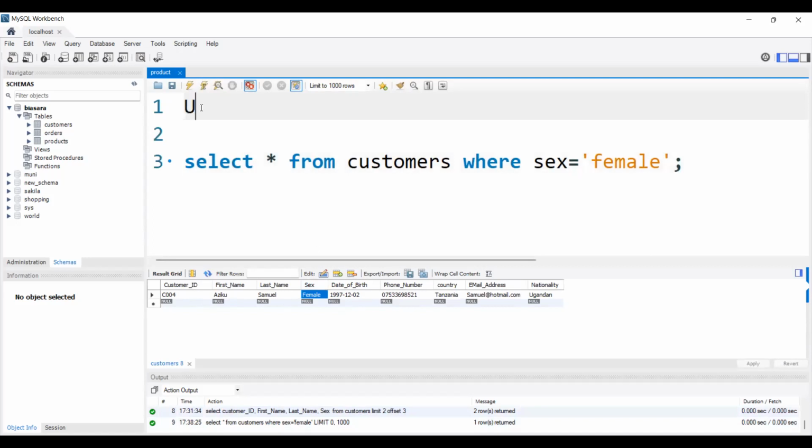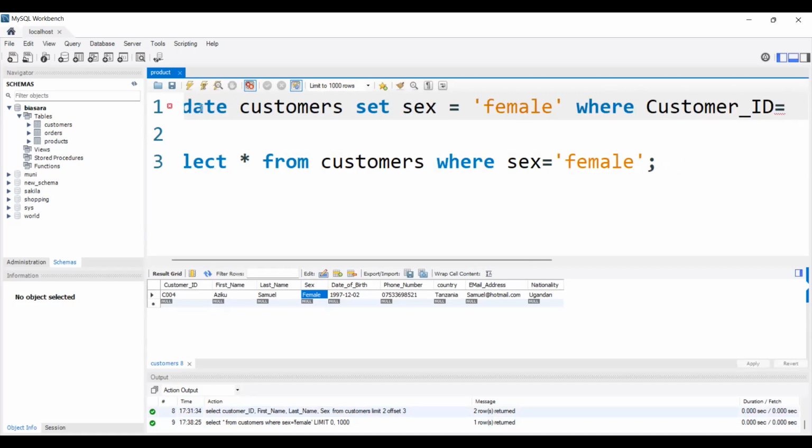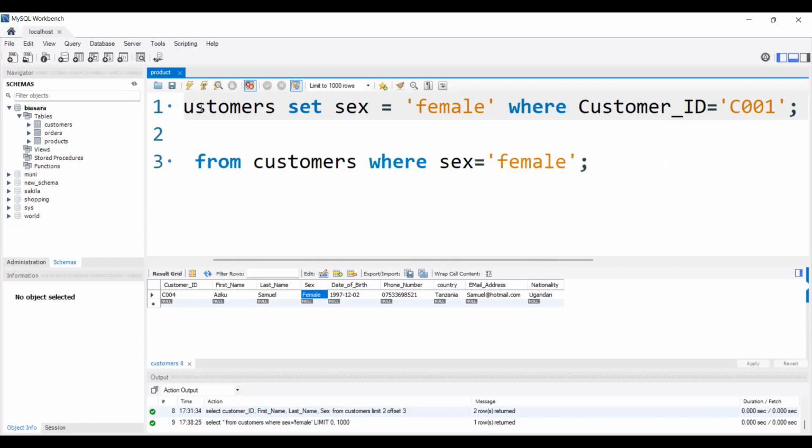We can say update customers, set the sex equal to female where the customer ID is equals to C001. What we want to do is update the gender of the customer whose customer ID equals C001 to female. So when we run this,